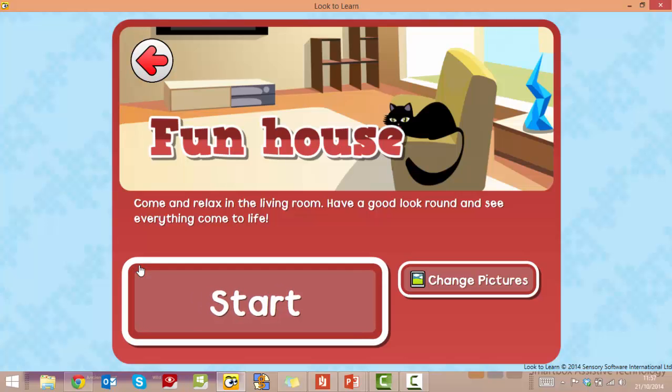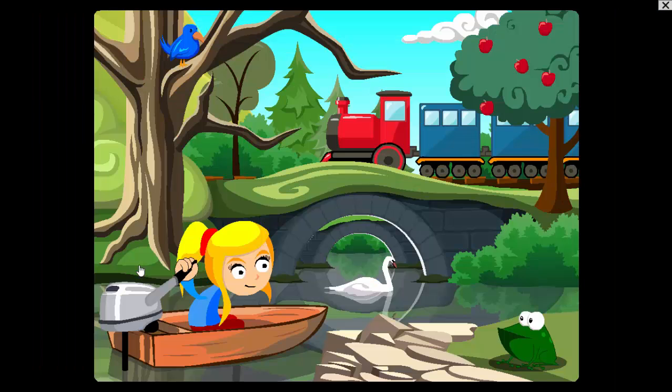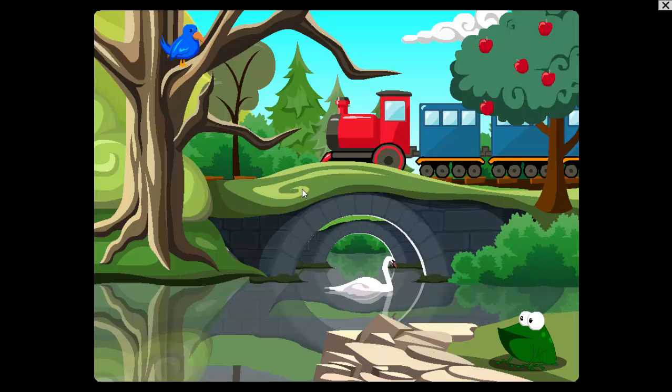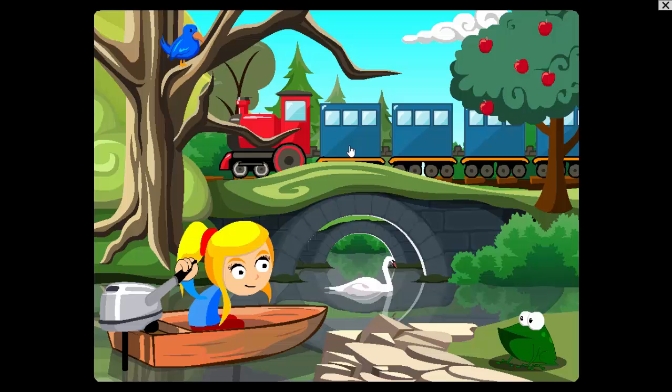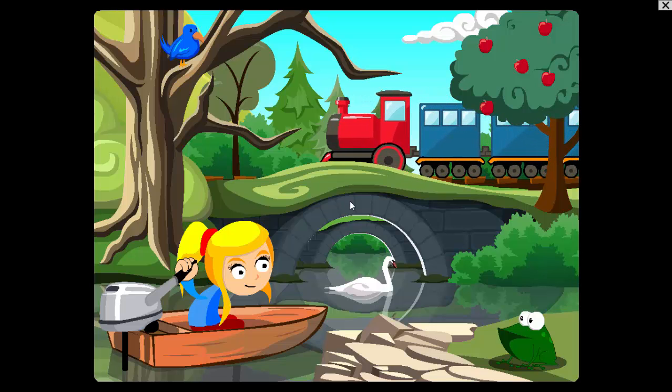Or the other thing we can do, if I flick into another scene, is use it to gather a very basic cognitive analysis of what the user understands from what is in the scene. And we can do this obviously through questioning. Okay, so we can say, what can you see in the scene? Can you see a train anywhere? Wow, you found the boat. Could you find the train? So there we can sort of judge whether obviously they're understanding specific objects on the screen,